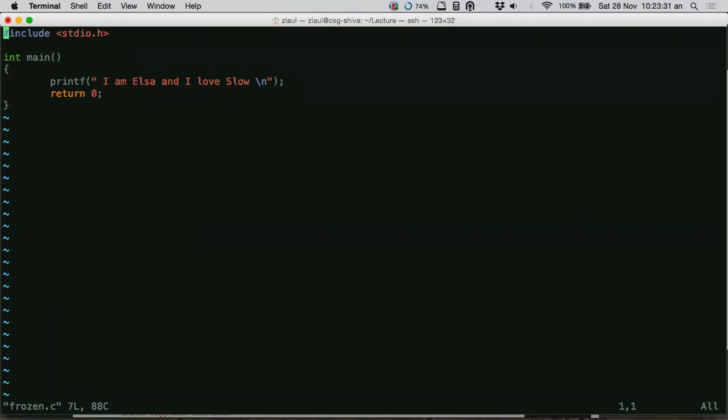Just appreciate the fact that even a one line program gets translated to such a big sequence of assembly instructions, or such a big sequence of numbers. So who is doing this for you? This entire conversion from a one line program to your executable, a sequence of numbers, is done by the steps of compilation and linking. Basically, these are the two steps, because the final step is just loading.